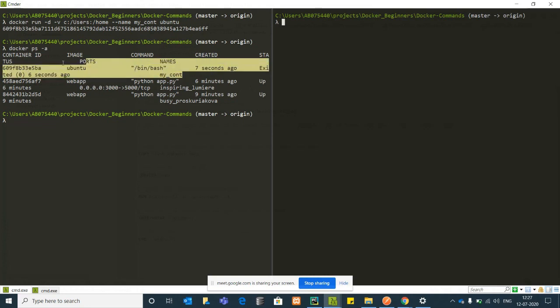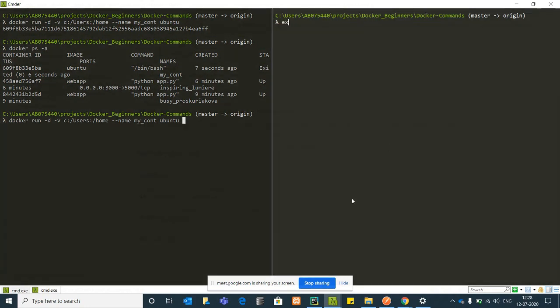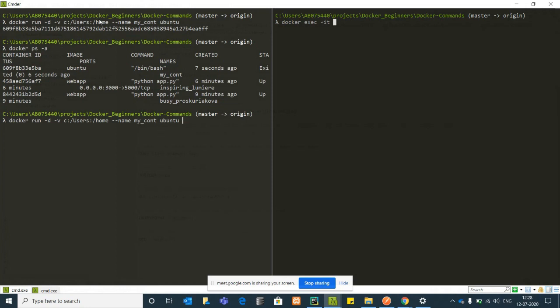Here is that image. I want to go inside that container, so Docker exec -it and then the container name.